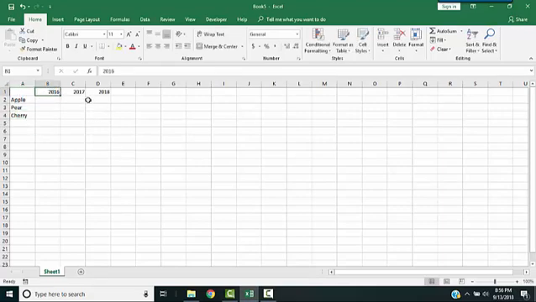Now, every time I put data into a cell, as soon as I exit that cell, the data commits to the cell. So for example, I can hit the tab key, I can hit the enter key. I can also click this up here to commit the value to the cell. So for example, let's say I have 10 apple trees in the year 2016. I can enter a 10. I can press the tab key,